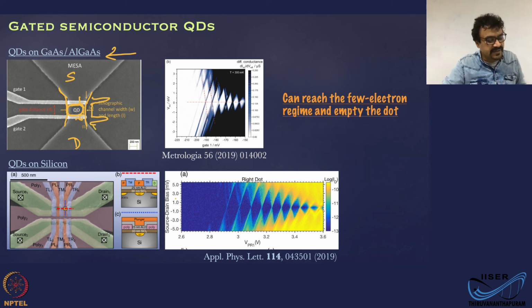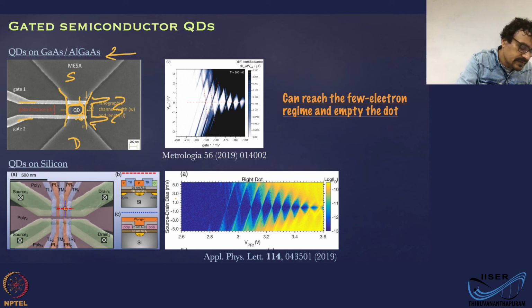That is how you are going to define the dot. Okay. And these tunnel barriers' height and width are a function of the voltage on this gate. So when you apply more and more voltage, you will basically make the field reach more and more into the dot region, which will have an effect of making the dot smaller and the tunnel barrier wider. Both effects will be there.